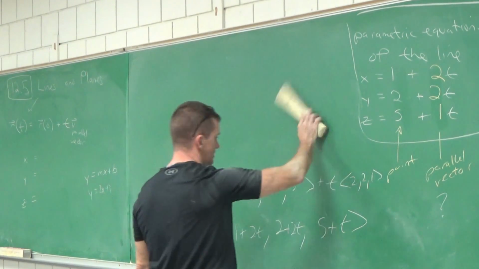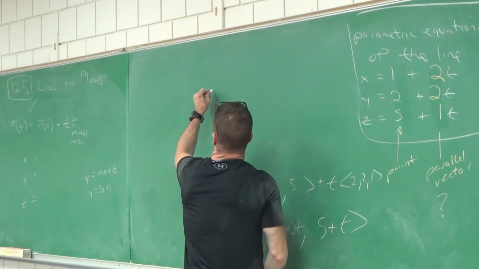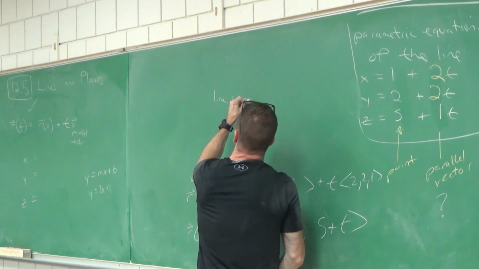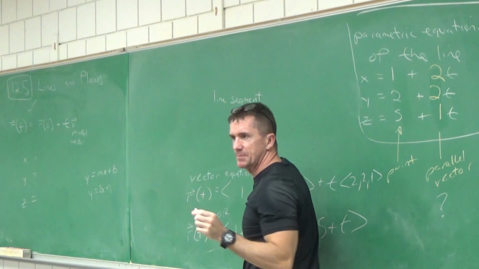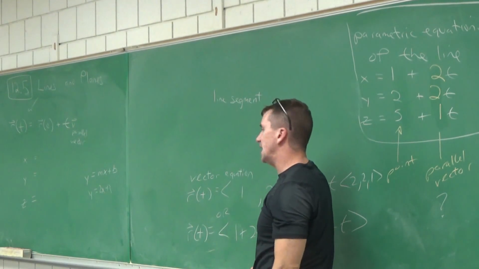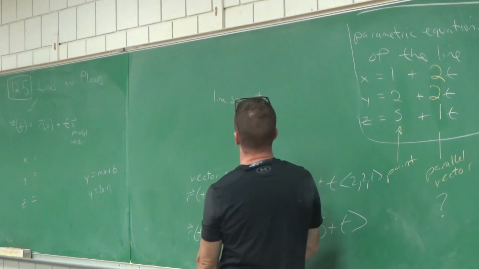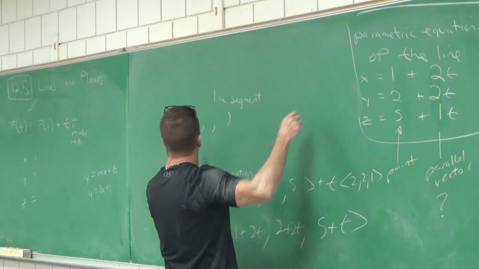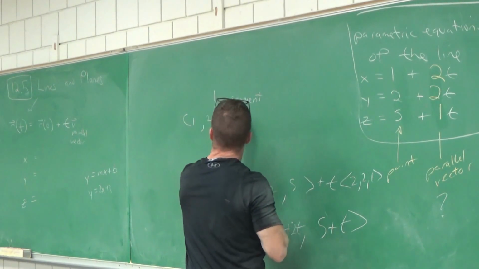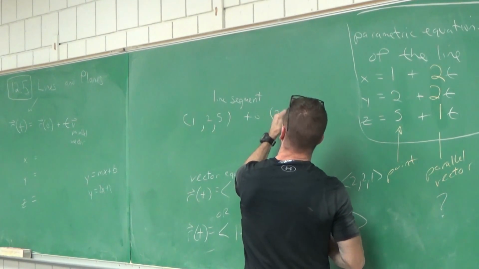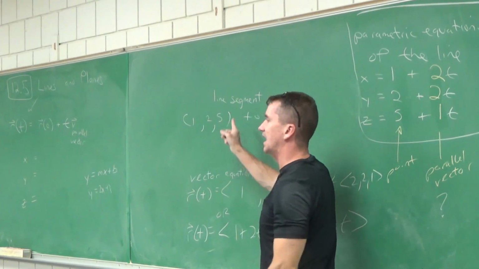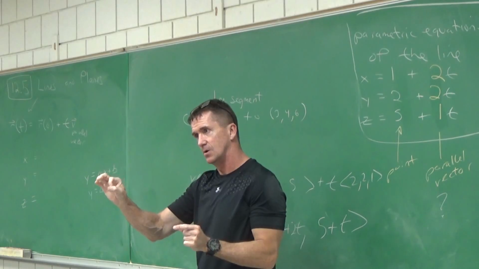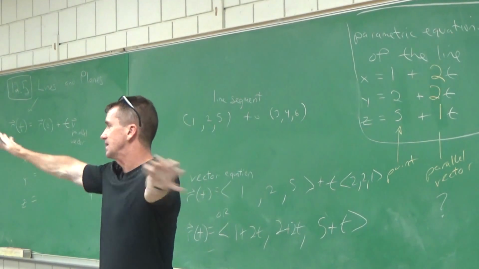One more thing. Just describe the line, right? If they said line segment, doesn't a segment stop and start? What were the 2 points again? What was the first one? 1, 2, 5 and went to what? 6. I just wanted to add this one thing. What would I do if they said line segment that goes between these 2 points? Because the line segment starts and stops, whereas the line we had before just goes on infinitely.